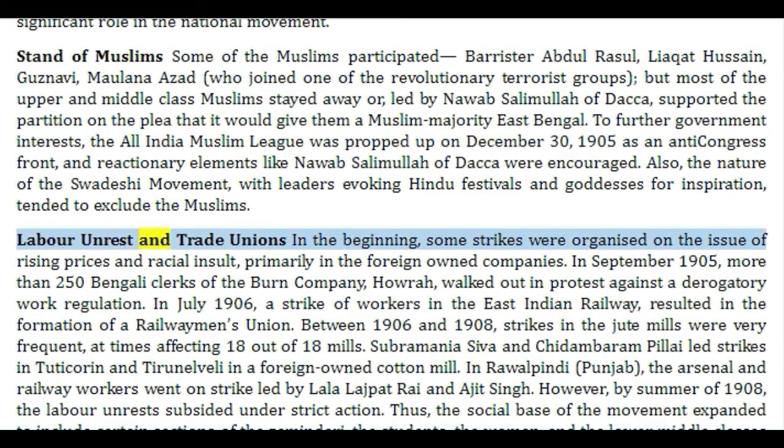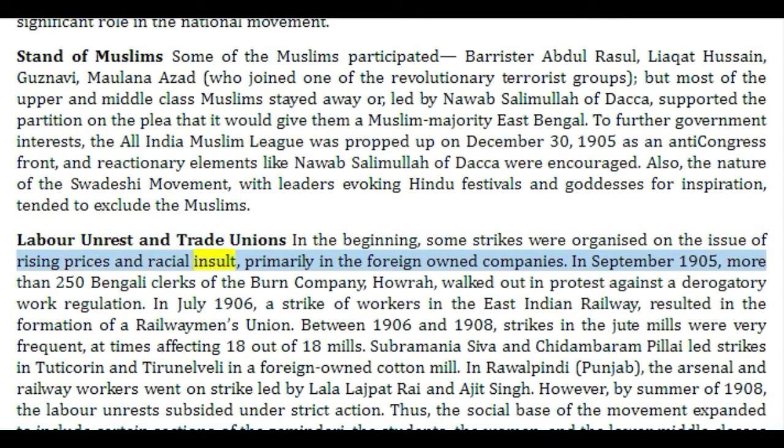Labor unrest and trade unions. In the beginning, some strikes were organized on the issue of rising prices and racial insult, primarily in the foreign-owned companies. In September 1905, more than 250 Bengali clerks of the Burn Company, Howrah, walked out in protest against a derogatory work regulation. In July 1906, a strike of workers in the East Indian Railway resulted in the formation of